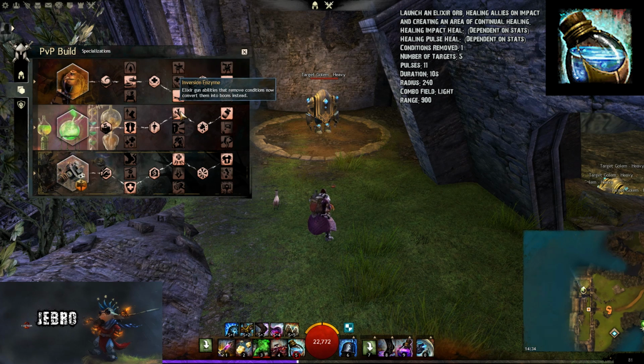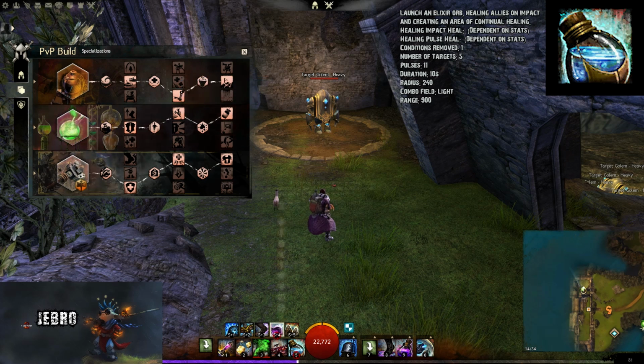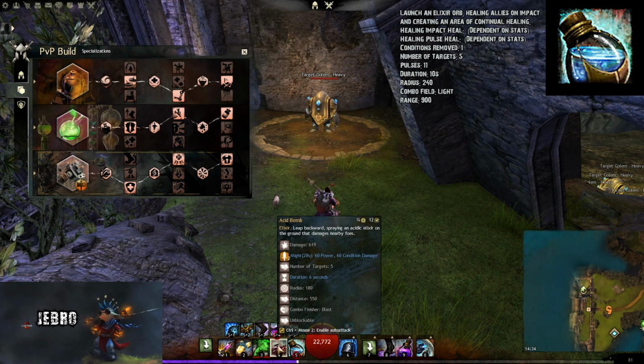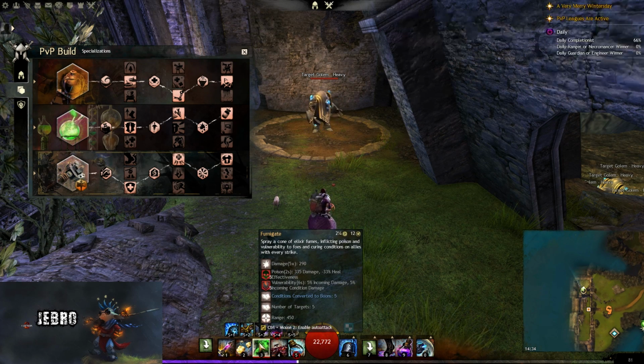So if we go to the traits quickly, Inversion Enzyme is one of these, where Elixir Gun abilities that remove conditions now convert them into boons instead. So you remove the condition, but now you actually are able to get the boon out of it as well. So that's pretty nice. Now, it's not a massive...